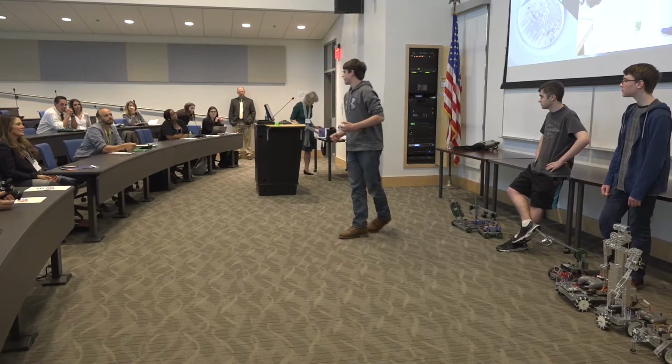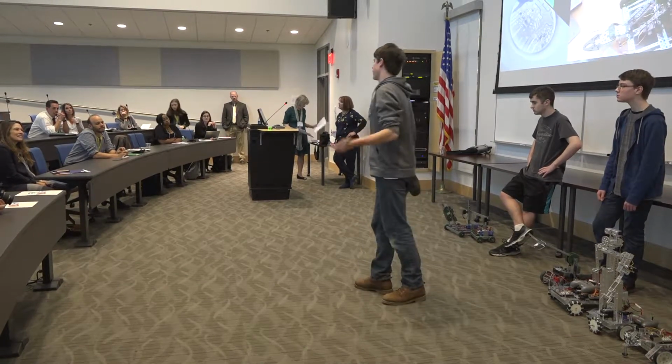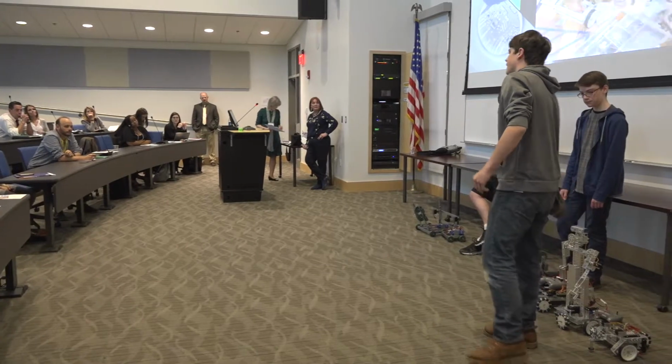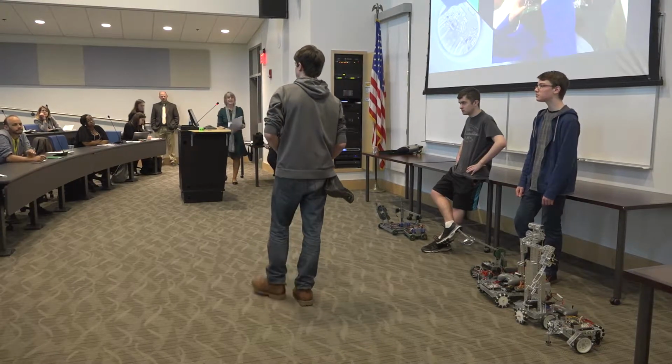So during Power Block, we have this thing called Change Team, which is where kids who are interested in computers, robots, and anything will go there and just converge ideas. So we have a small team. It was me and one of my other friends. We had an idea for the search and rescue robot. So we did our research, thought of an idea, kind of drew it out a little bit,